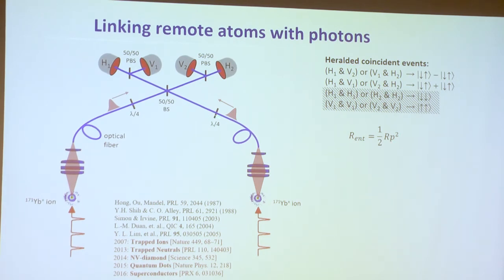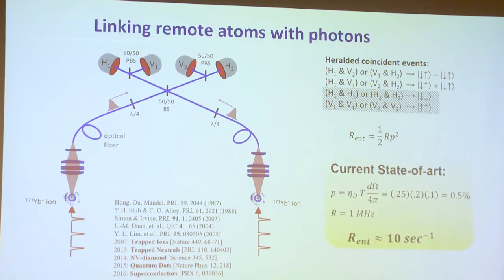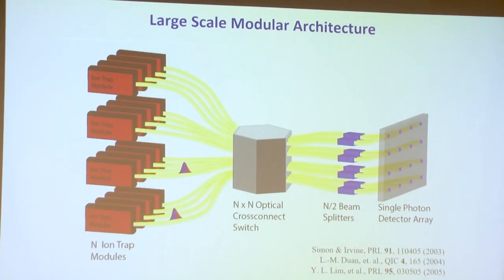And I won't get into the details, but these photons, when they interfere on a beam splitter, we can detect certain correlations that destroy the photons but leave entanglement behind in the spins. What's important is these photons are identical. And because they come from the same atom, same atomic clock, they are identical. We never worry about that. They do have to be mode matched on the beam splitter. There's some alignment there. And if you want slow, this is slow. Here's the current state of the art in generating remote entanglement. It's only a few per second. So if you want to think about building a big quantum computer with a clock speed of 10 hertz, nobody's going to get too excited.